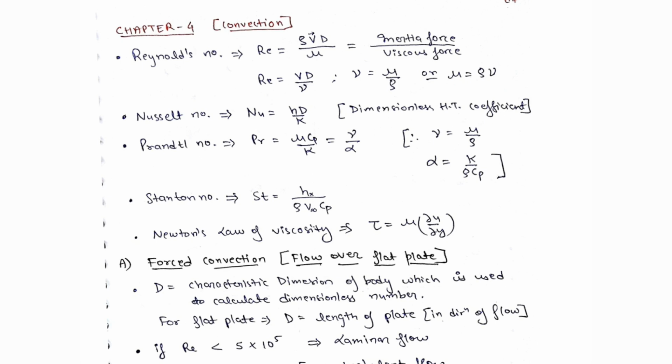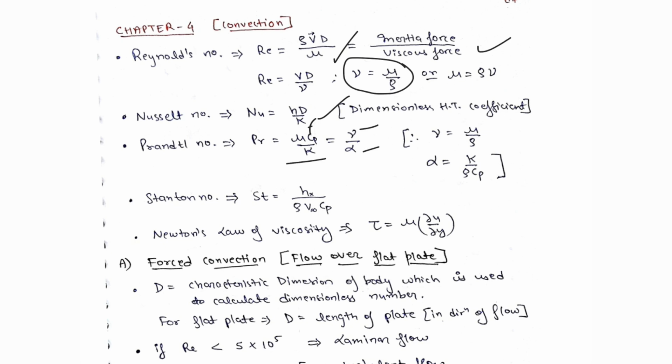Let us revise the complete convection chapter. The only thing you should remember from the convection chapter is from these short notes. First point is Reynolds number. You all know, Reynolds number is equal to rho V d by mu, which is the ratio of inertia force to viscous force, and mu by rho can be written as nu. Next is Nusselt number. Nusselt number is h d by k, and this is k fluid, not k solid. If it is k solid, then it is a Biot number. Now Prandtl number is mu Cp by k. It is also written as momentum transfer rate upon thermal energy, that is diffusion transfer rate.